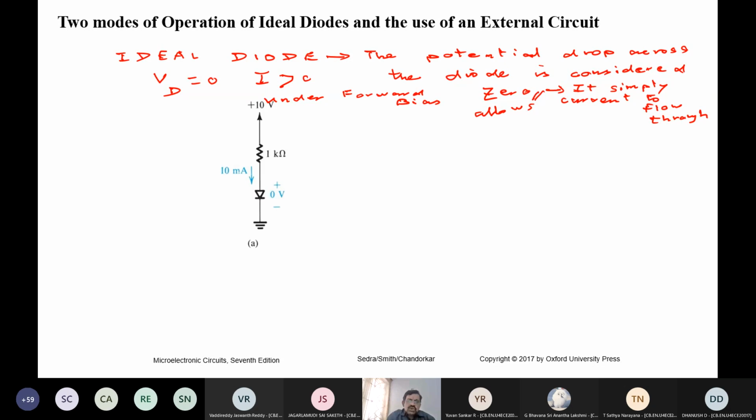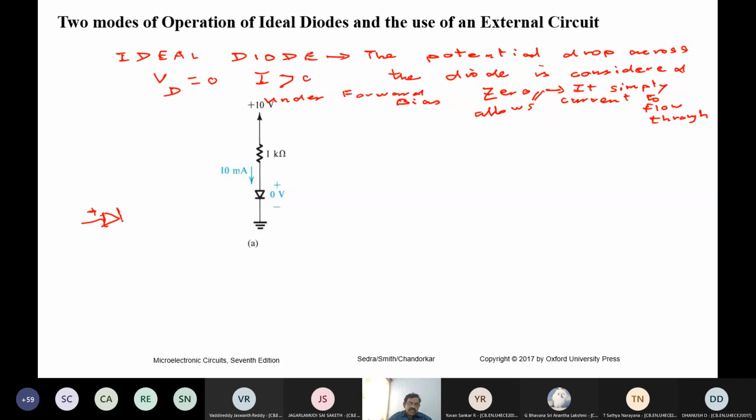I will show you here. In this case, for example, you can see this is the anode, this is my cathode, the line. So the diode circuit symbol is like this. This is the flat base of the arrow.